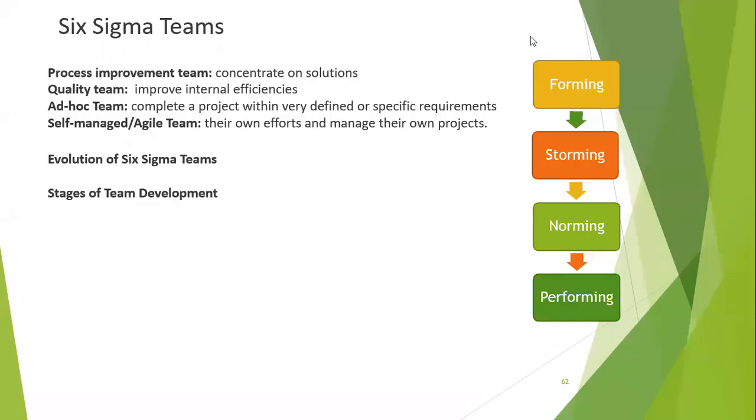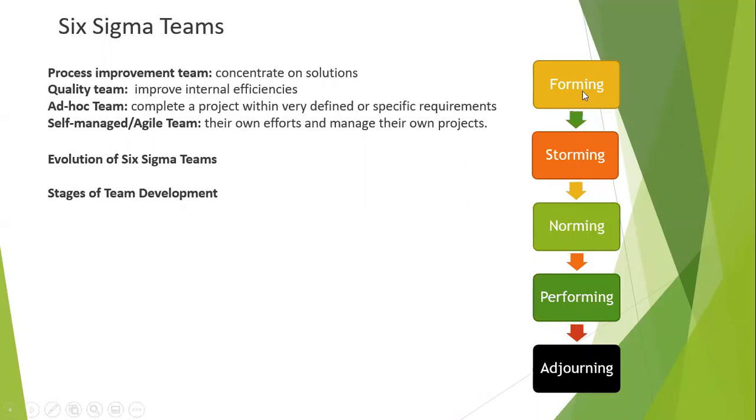Okay, right. So, Six Sigma teams. When we are creating a team, we already covered this once in the office. Whenever you create a team, you will have four or five stages of the particular team: forming, storming, norming, performing, and then adjourning. So what do you mean by forming?